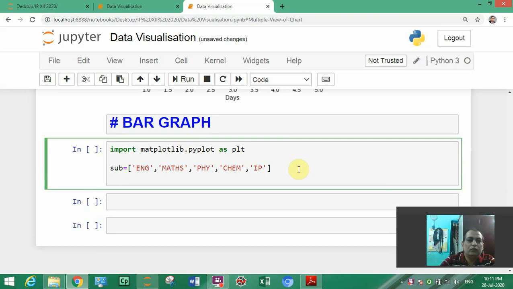Now another, what I want, marks. So I will take a list of marks in 5 subjects. Here we are making a simple graph.